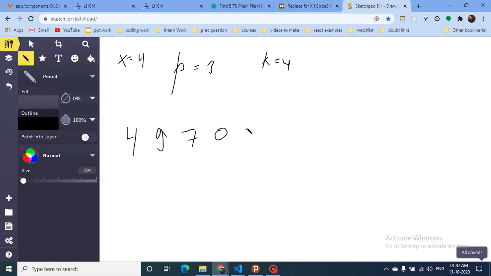Now as you can observe, these indices are one indexed, but the indexing we work on is 0 indexing. So subtract 1 from both of these, so p will be 2, and k will be 3.